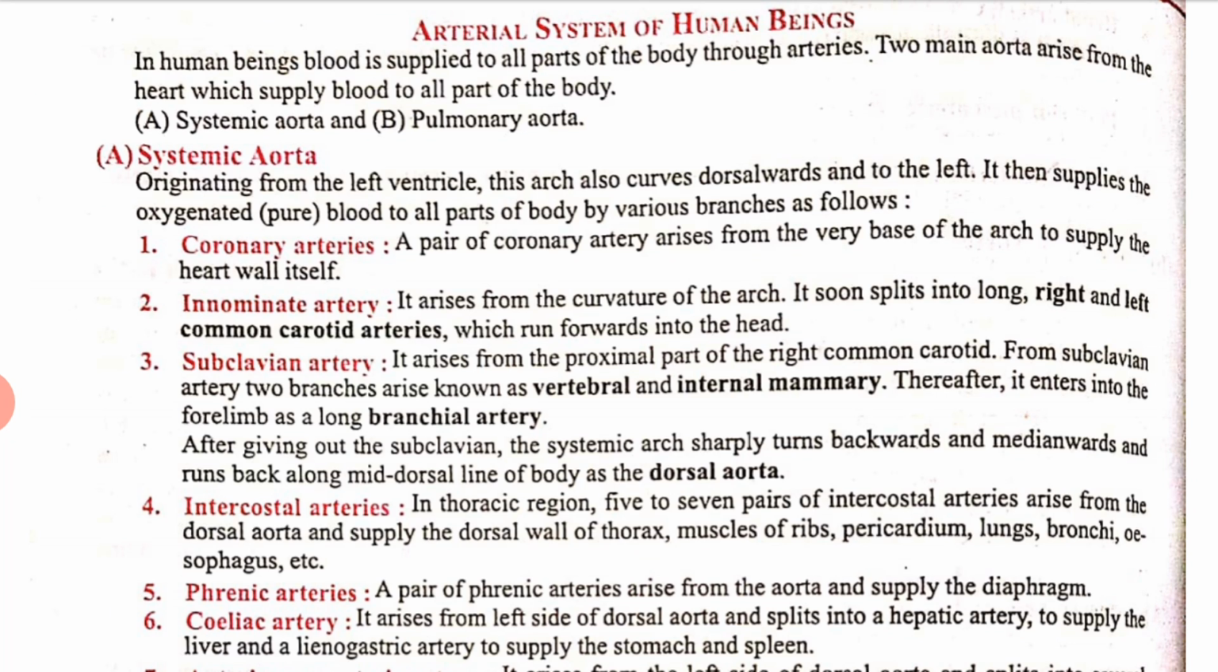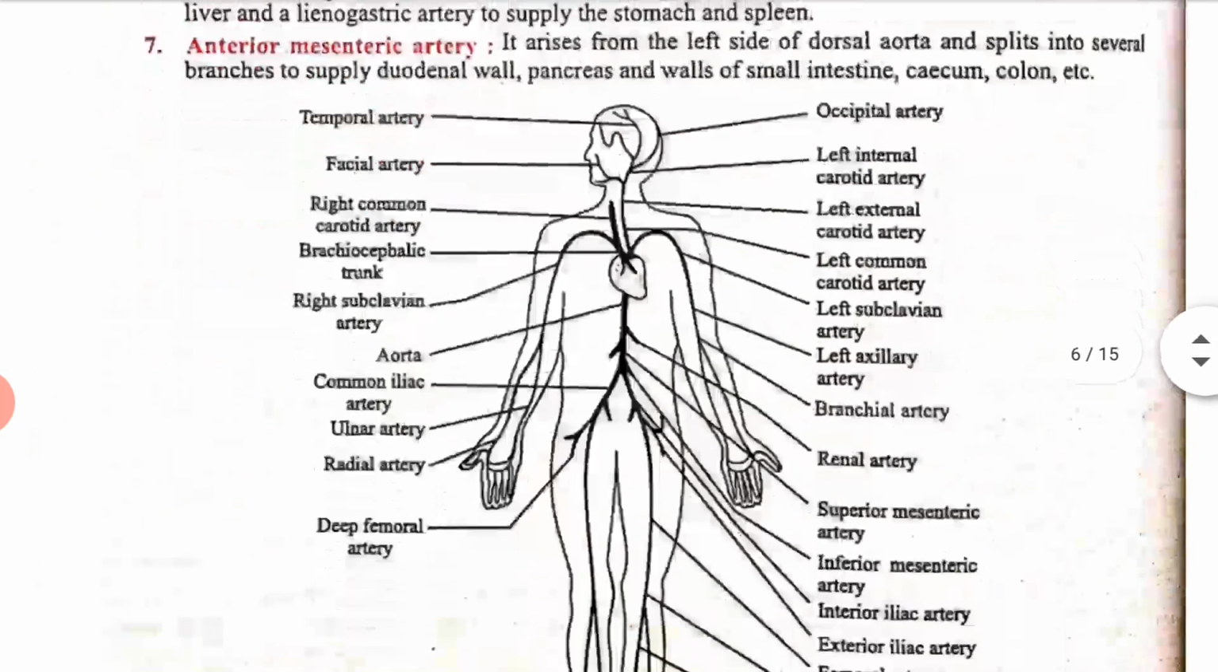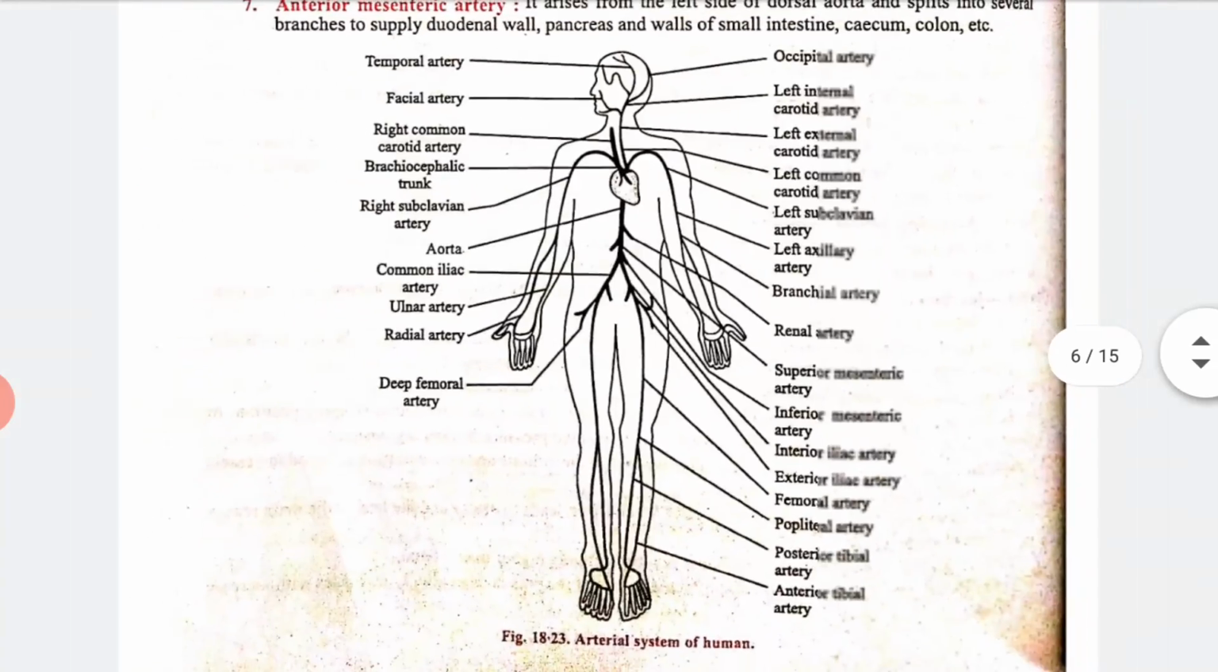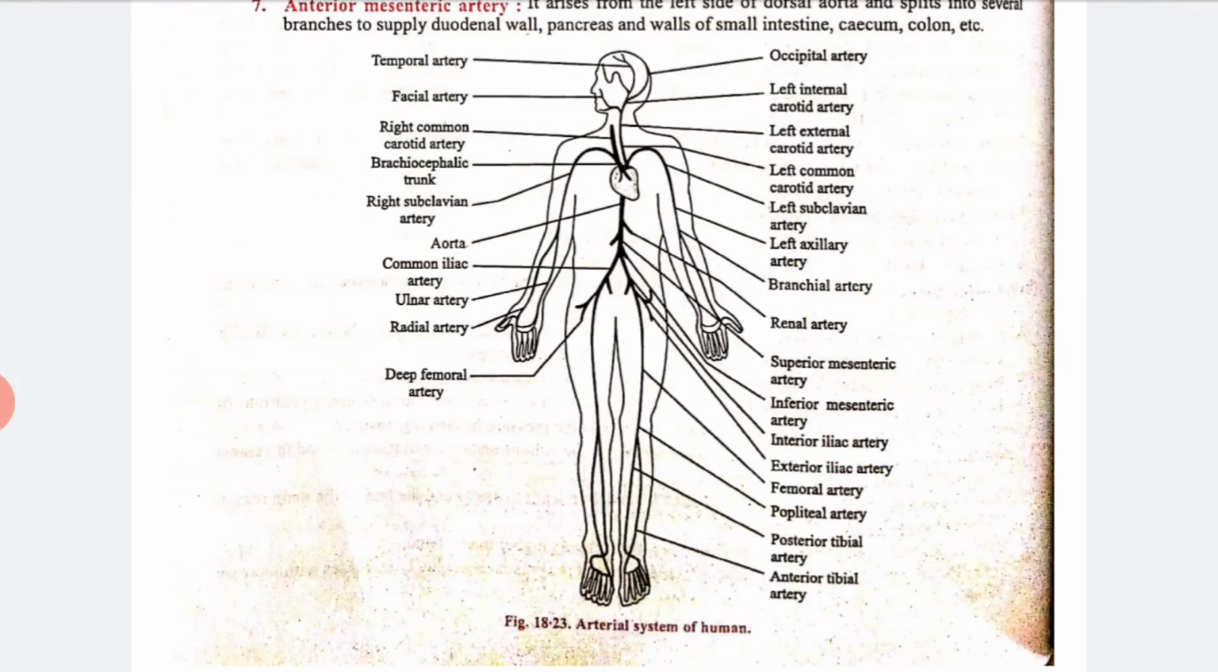Like coronary arteries, innominate artery, subclavian artery and intercostal artery. So all these arteries play a very important role in the circulation. You can see here, this is very beautifully described, the arterial system of humans. Okay, dear students,